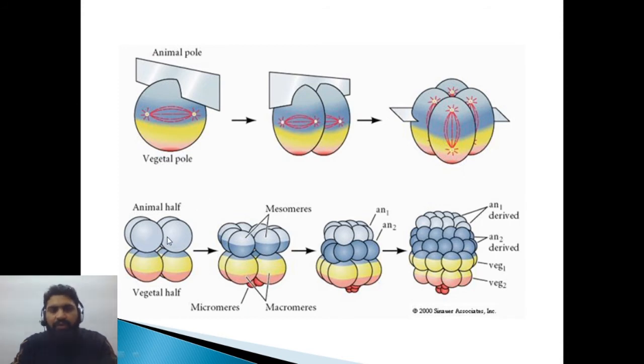In the animal half, only the animal gradient will be present. Since the cleavage is in this manner, in the animal half, if you are looking, only animal structures or animal gradient will be present here, with very little vegetal gradient, isn't it? Whereas in the vegetal half, since it is dividing in this manner, if you are looking at the vegetal gradient, you will be getting the chemical in this manner in the vegetal half. The vegetal gradient will be maximum here, whereas the animal gradient will be lesser.